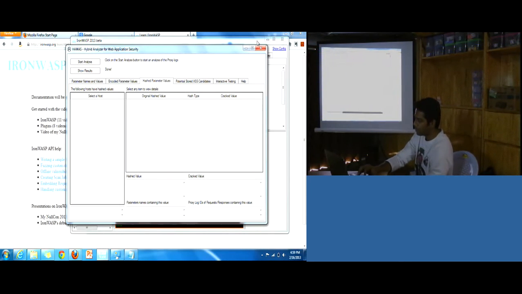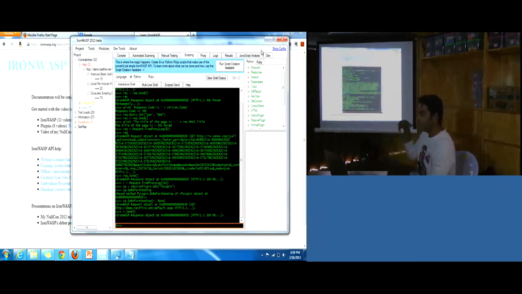And the best part is when you write a script or a tool using this API, and you give it to somebody else to use, it will run on top of it because all the API that the tool will use is built into this, right?